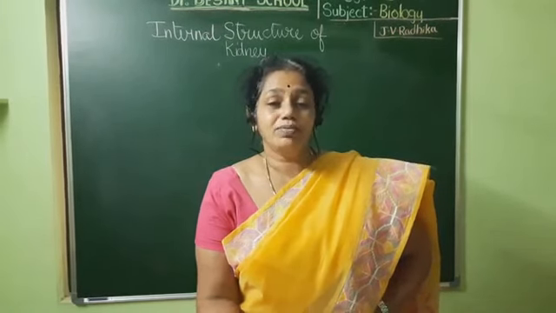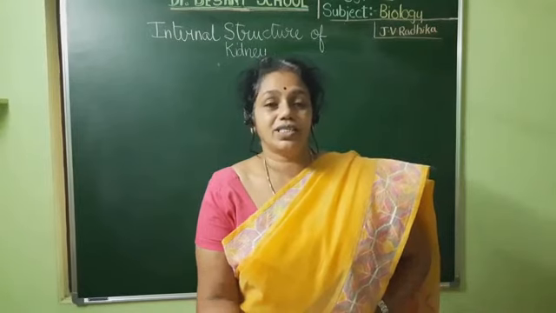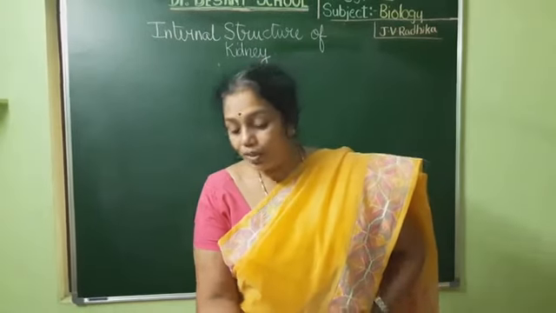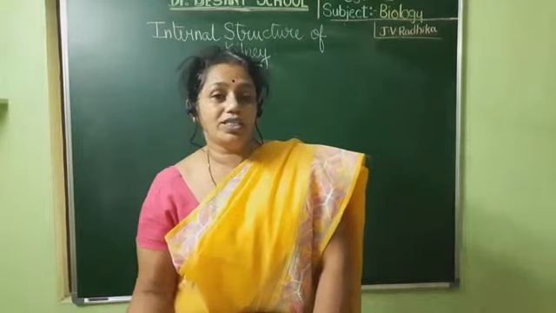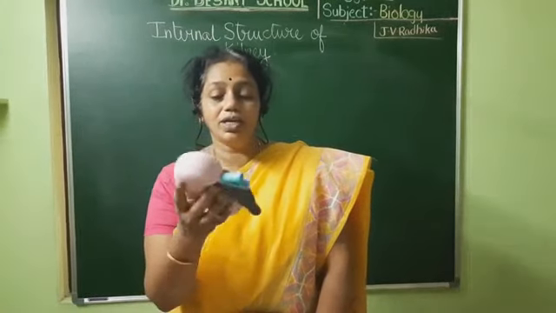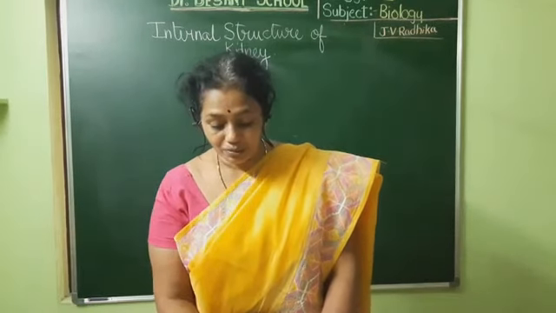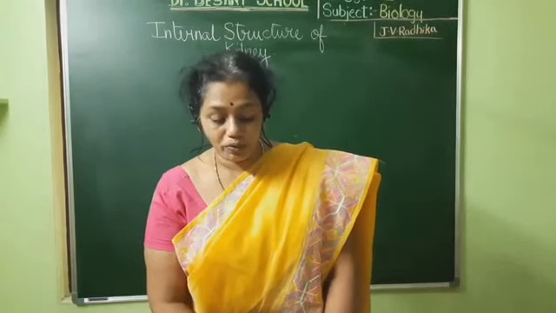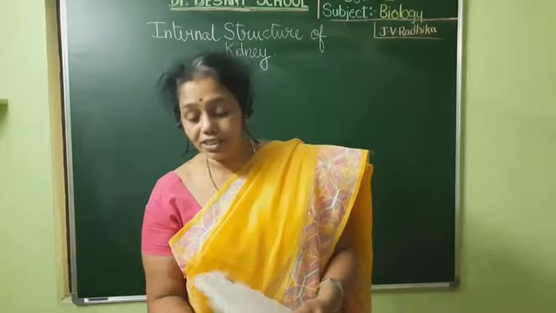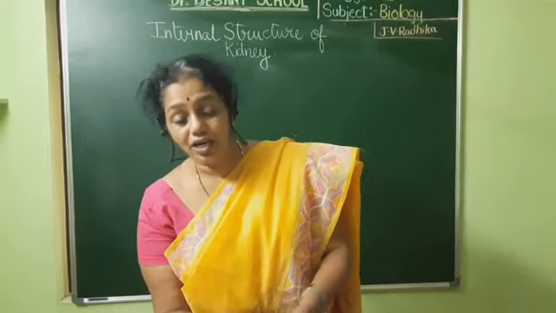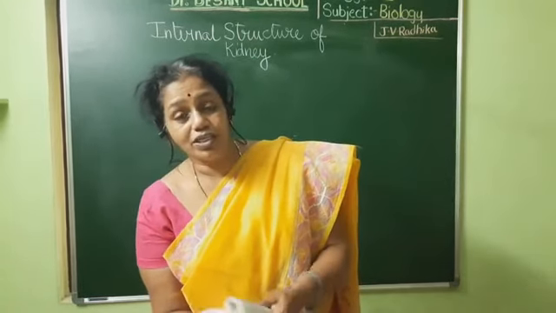So here we have studied about the different parts of the urinary system. Today we shall be studying about the internal structure. In the previous video I showed the 3D model of the urinary system, the kidney, and I told that the renal pyramids are there. First I would like to draw the diagram on the board. Then I shall explain the internal structure of the kidney, that is the LS of the kidney, or the longitudinal section of the kidney.